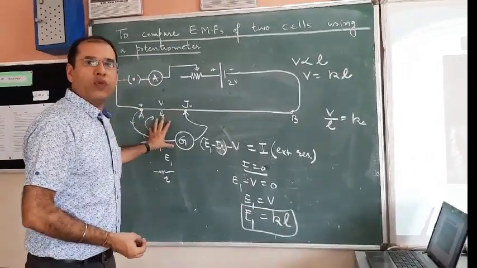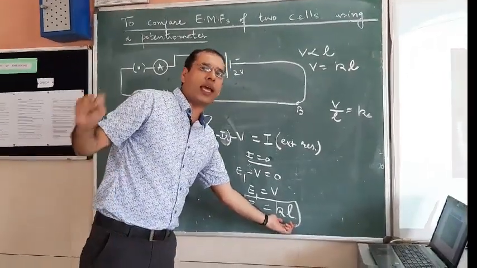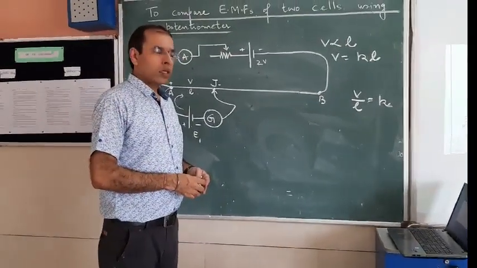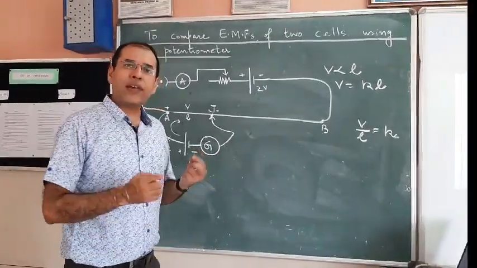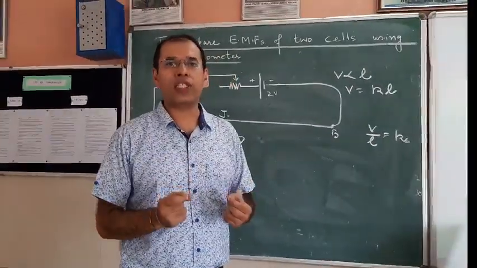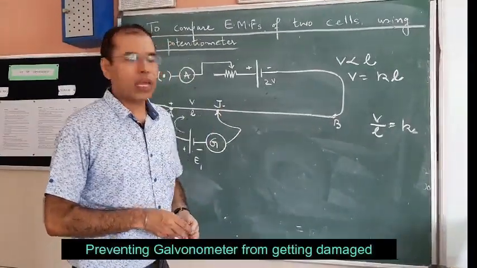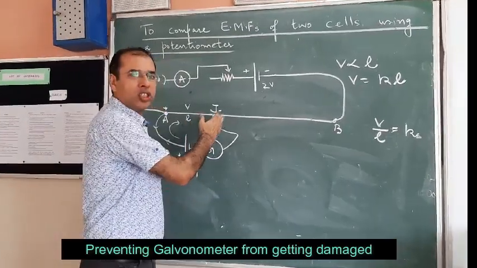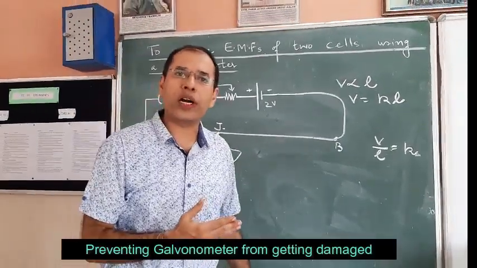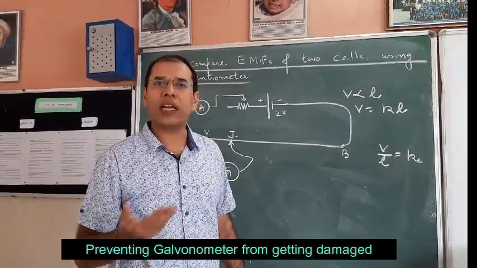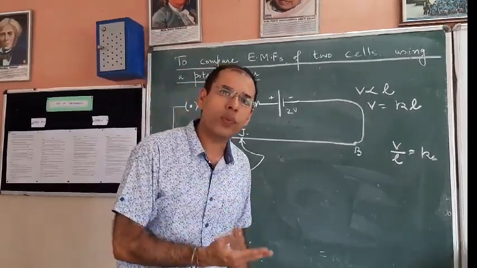So at the null point, we can with confidence say that our E1 is equal to KL. Now, to proceed further, this galvanometer, when it is noting down the null deflection point, we are not in advance aware of where this null point is going to come. And since we are not aware, we will be touching the jockey at several places. So if we go far away from the actual null point, the current will flow to a very large extent. The value of current can be so high that it can damage the galvanometer.